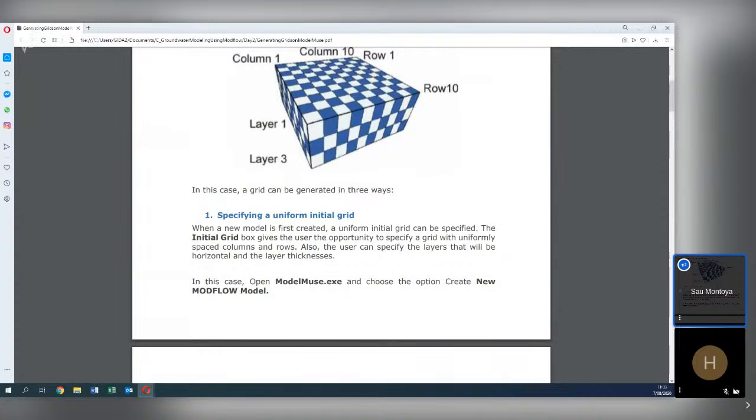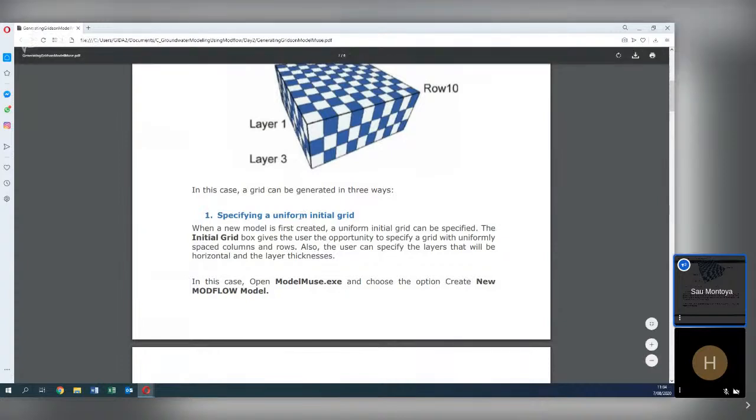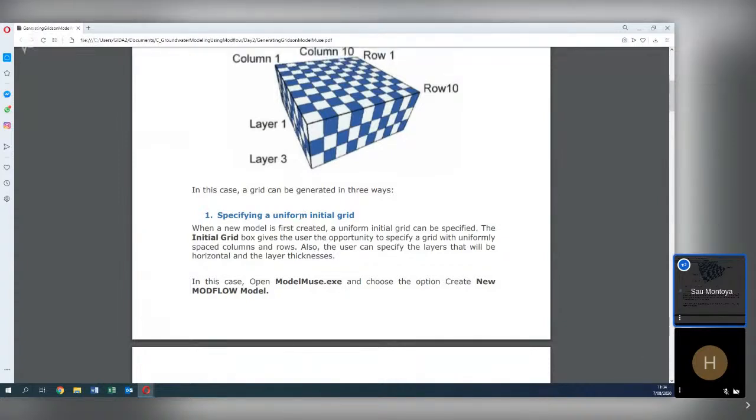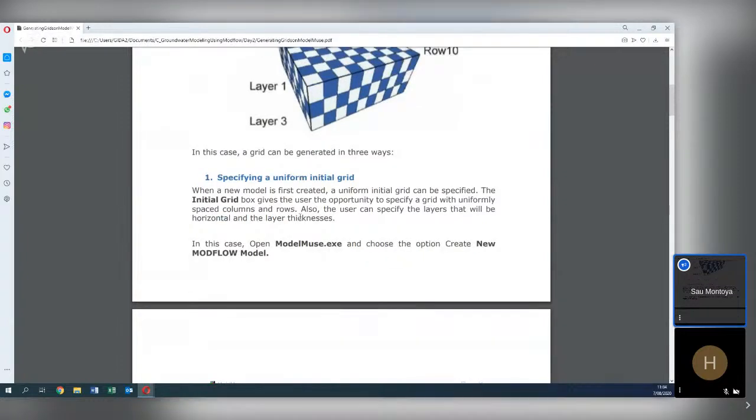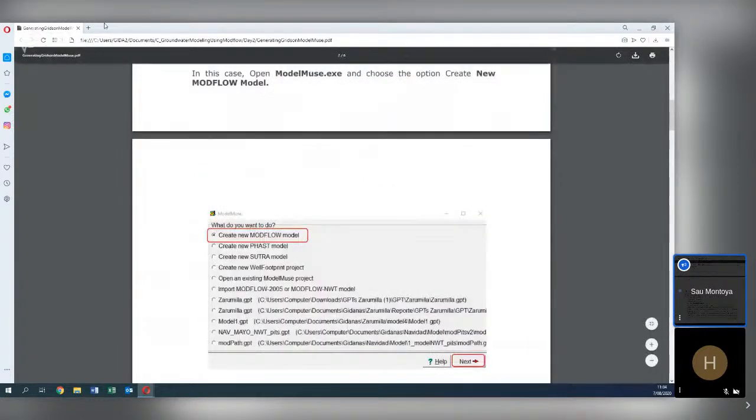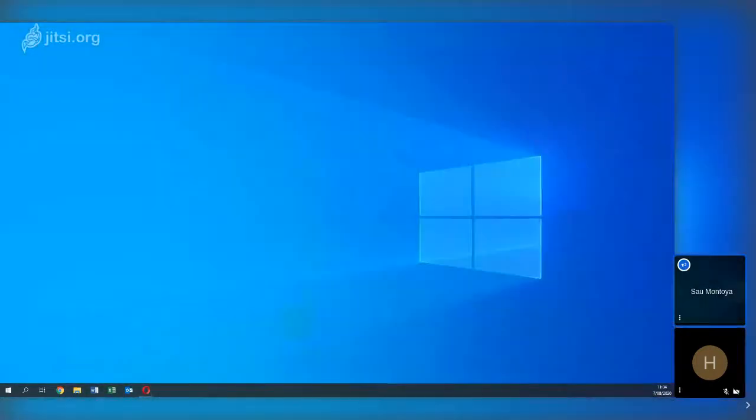This is in MODFLOW 2005 and MODFLOW 6 in the version DIS. But with MODFLOW 6 you can do unstructured grids, and then you can do triangular grids and Voronoi grids as well. So everybody, please open a new MODFLOW model.